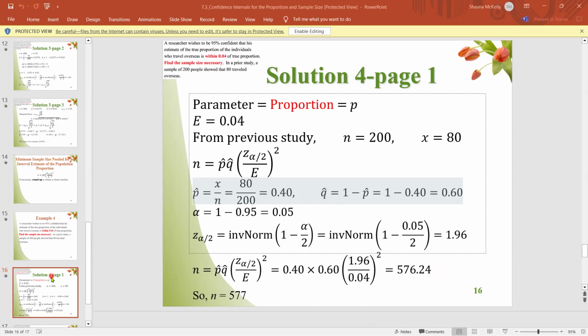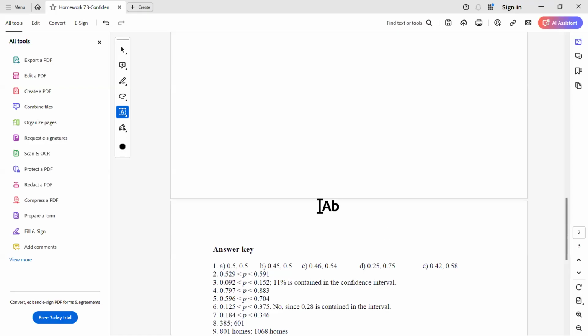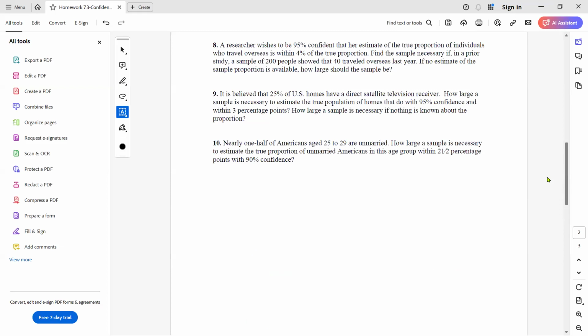Now, there's one other thing in here. What would happen if I didn't know what the sample size was? What happens if I don't have information from a previous study? Okay, if I don't have information from a previous study, then I use 0.5 for my proportions. But if I do have information available, then I